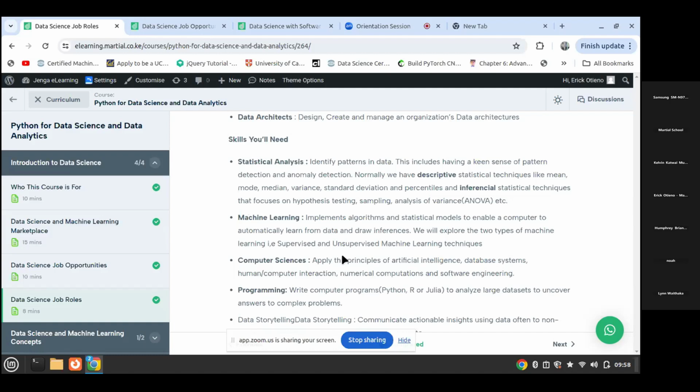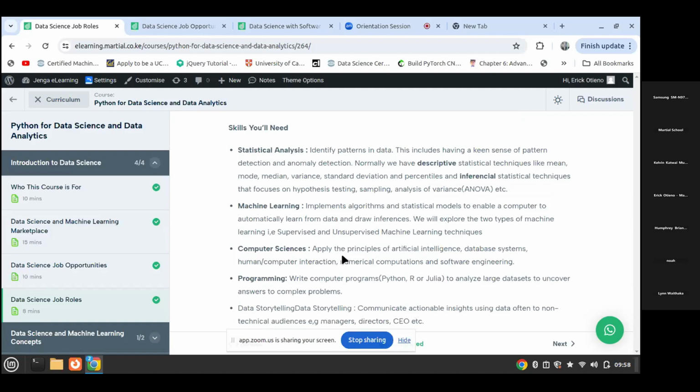Another area that we'll be exploring is computer science. We'll not explore it more. We'll be talking about artificial intelligence later. If you want to read data from databases, you need to talk about database systems, aspects like SQL. At some point, you're going to talk about human computer interaction. This is mainly programming in such a way that you, as a human being, are able to interact with a computer in a more efficient manner using a programming language. That is what we call HCI.